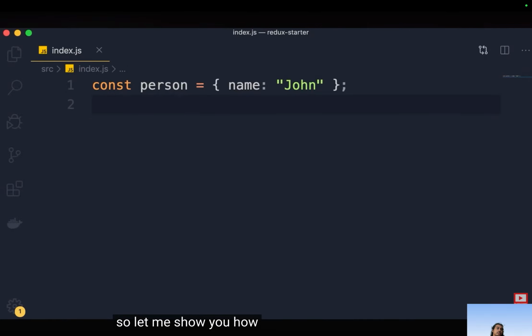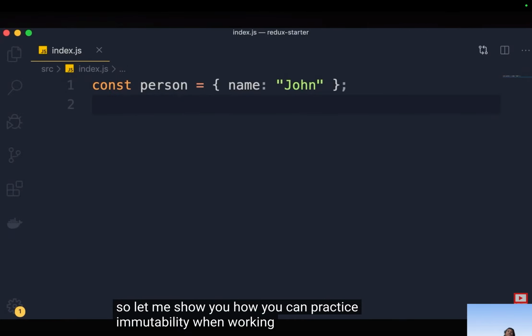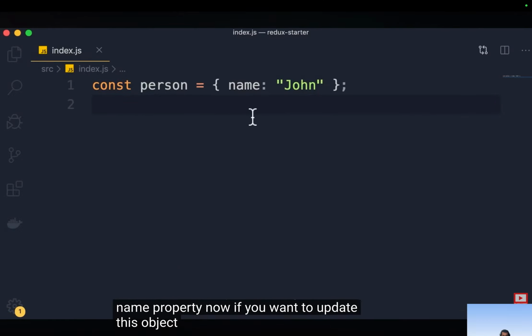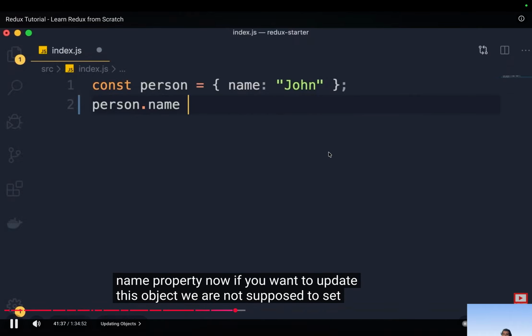So let me show you how you can practice immutability when working with objects. So here we have a personal object with a name property. Now, if you want to update this object, we're not supposed to set the name property